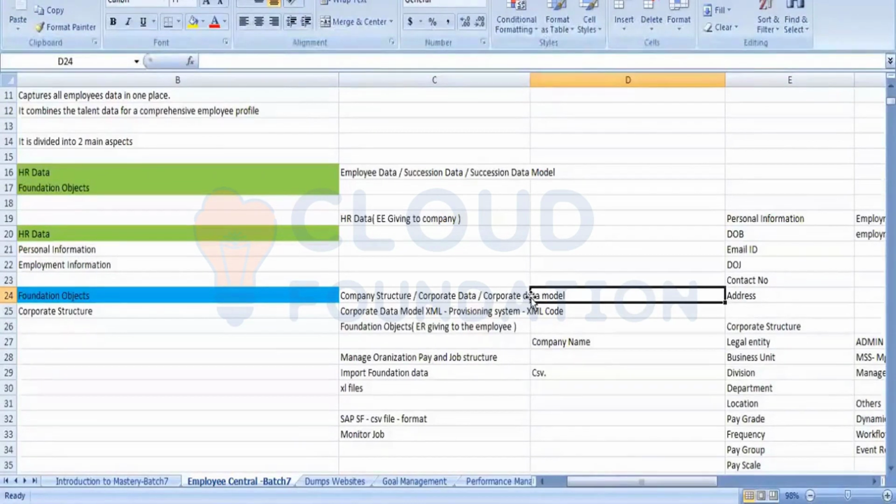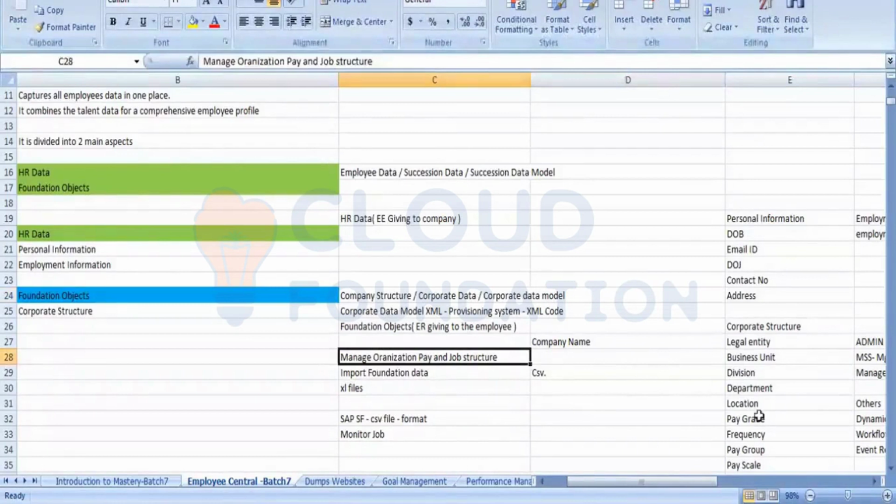So whatever activation or enabling we do in the provisioning, the same thing will be reflected in the front-end system. It means that the foundation objects are created in provisioning, and foundation object records are created in the front end.